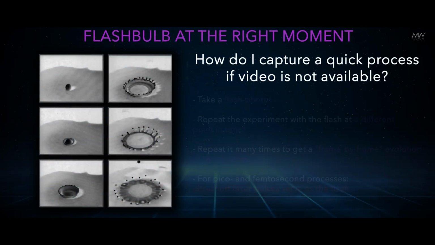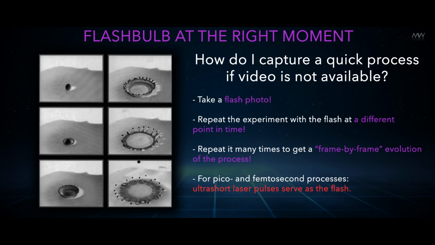What is this method? It's actually a simple idea. It's just carried over into atomic physics. Imagine that you need to film some process, for example, a drop of milk that falls on a table and turns into a crown. Of course, if you have a super fast video camera, you can film it, no problem. But what if you don't have that? Okay, let's say you just have a camera and a flash.